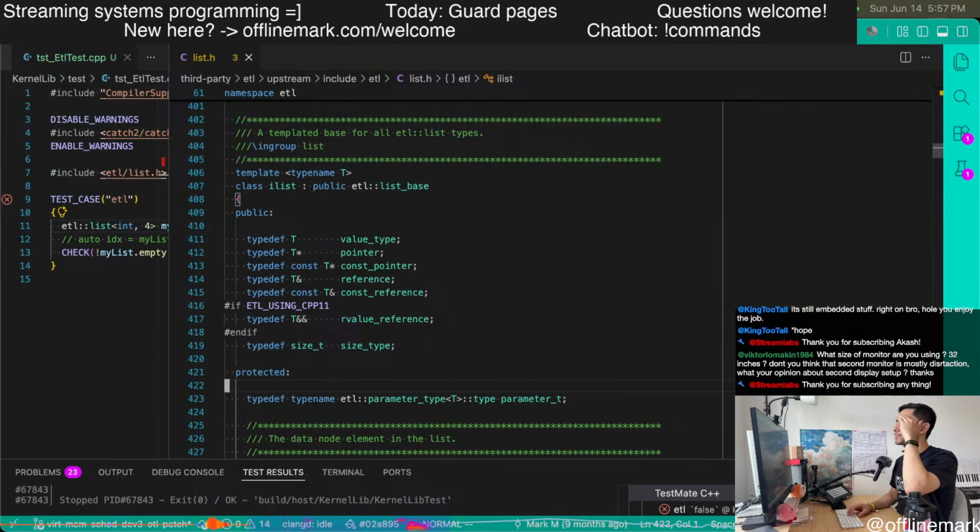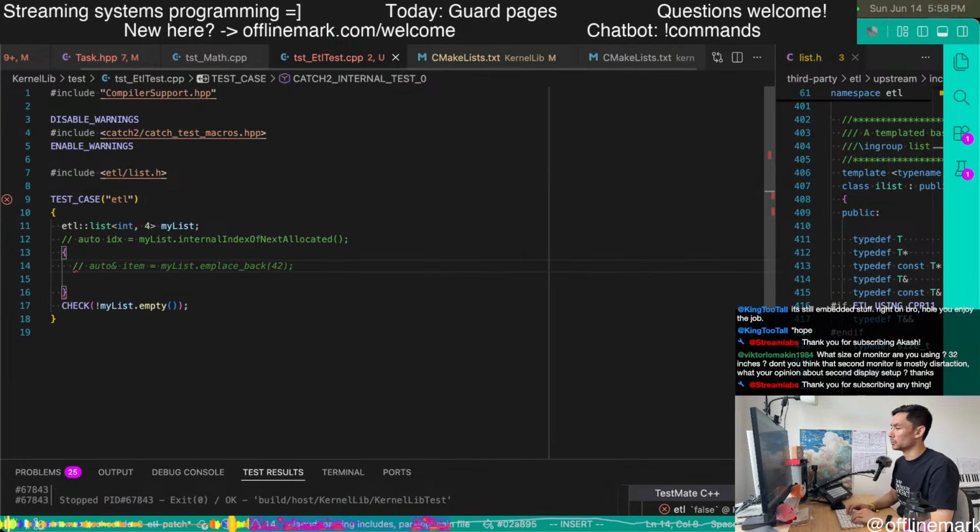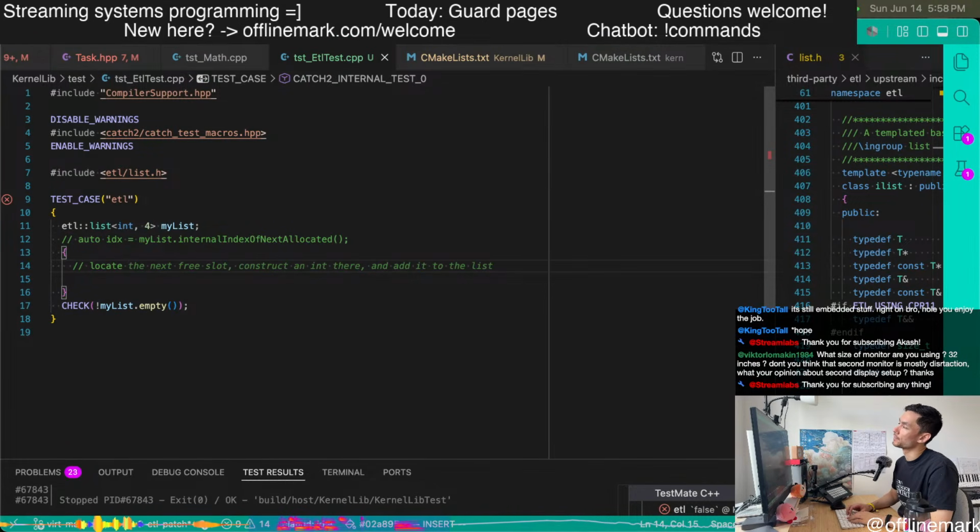The very rough sketch of this method is going to be something along the lines of: we need to locate the pointer to the next allocated slot.